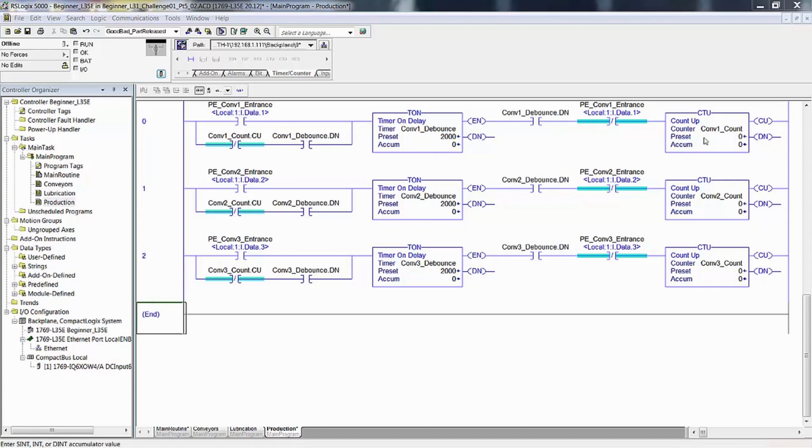And we haven't counted up yet. We haven't triggered the count up bit. So this is true because this bit has not went on. It's not 1. But this is now true. So this OR, in other words, photo eye conveyor 1 entrance, or no count up and a debounce done, this is true. That keeps the timer enabled. So even though it's done, it stays done. The accumulate stays at 2,000. It just sits there until